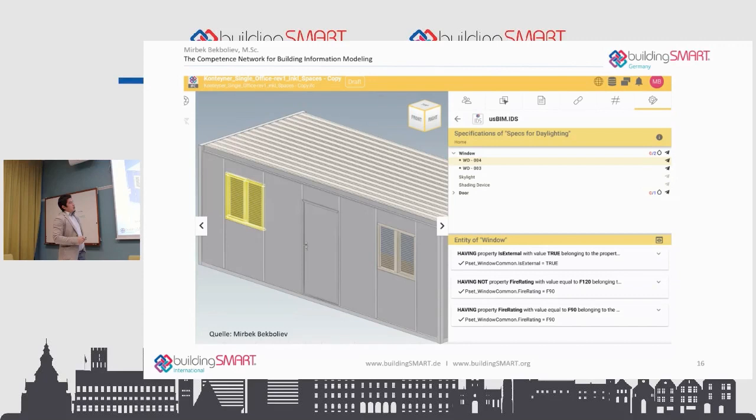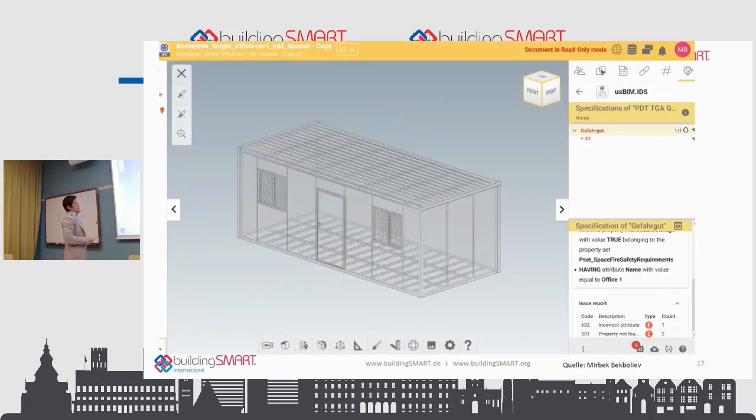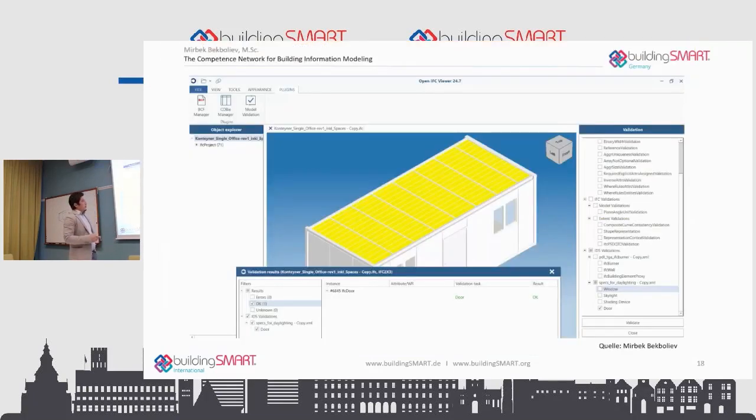If everything is fine, as you can see, that looks like everything is fine in my model, I can start with my validations later on. But if I have some problem, this is just an example that I had actually some classification that I actually wanted to check, then the system will alert and say, we have a problem. And this problem we can find directly at the end.